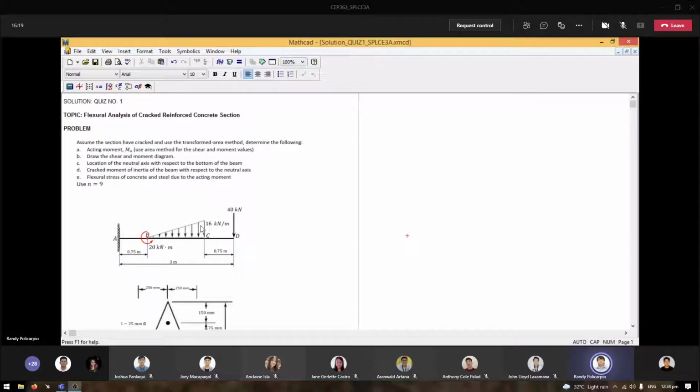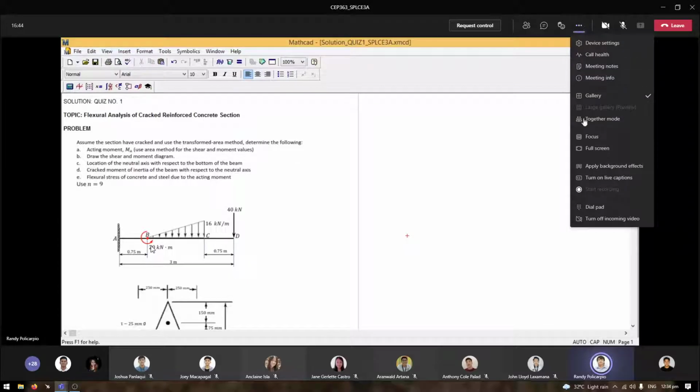uniformly varying load at point B and C, equal to 16 kilonewton per meter, and there's an applied concentrated load acting downward at D equal to 40 kilonewtons, and also we have here a couple, counterclockwise in direction, 20 kilonewton meter. Okay, so